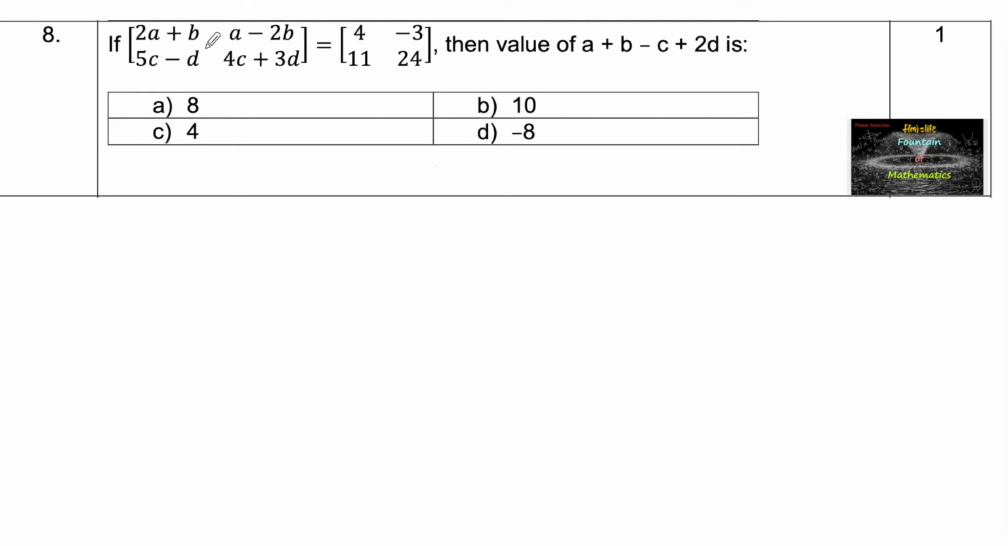If the matrix 2A plus B, A minus 2B, 5C minus D, 4C plus 3D is equal to the matrix 4 minus 3, 11, 24, then the value of A plus B minus C plus 2D is,